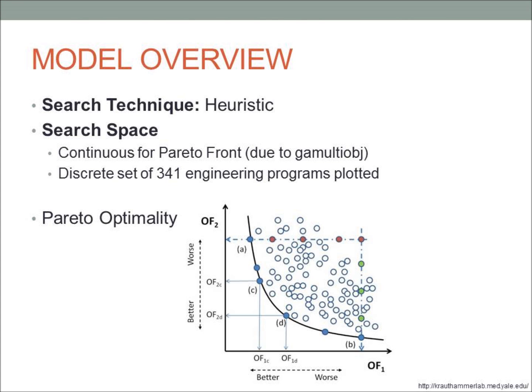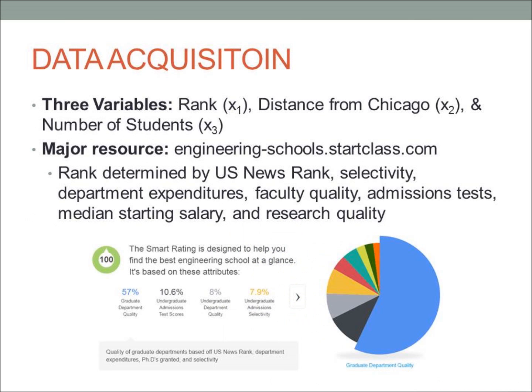The search technique used was heuristic, and the search space was continuous for the Pareto front due to the genetic algorithm multi-objective function in MATLAB, but it was plotted along with a discrete set of the 341 engineering programs. The three variables needed to solve this optimization problem are the rank x1, the distance from Chicago x2, and the number of students x3. The engineering schools used were from the ABET accredited engineering schools on the ABET site, but